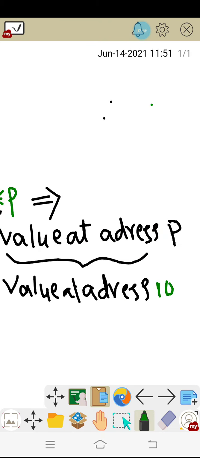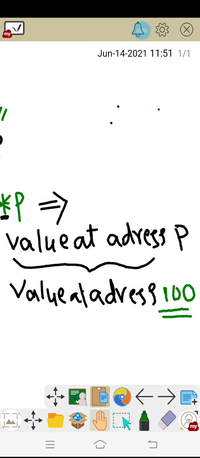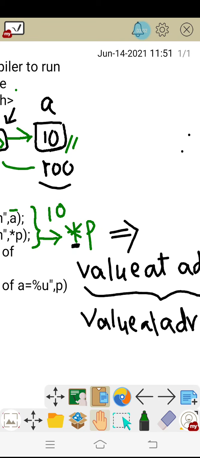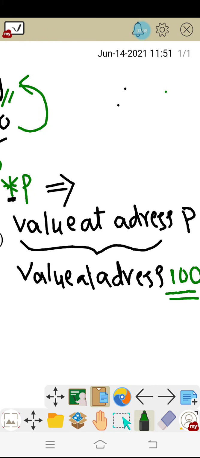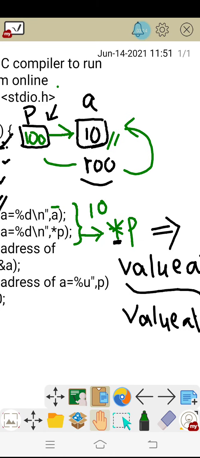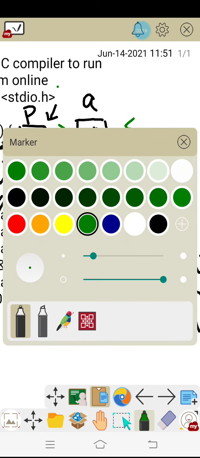Now tell me what is the value that is available at this address, that is 100. The value available at this 100 address is nothing but 10, right? So the result is how much? The result is nothing but 10. That means by using the second printf statement also we are going to print the value as 10 only.